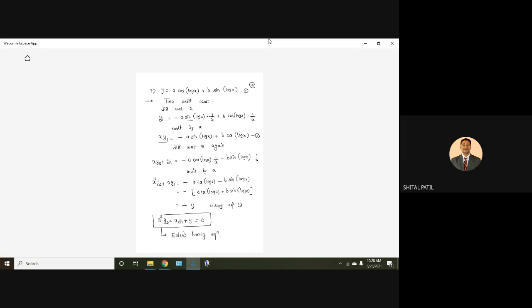Okay, let me continue. So here what we have done, we have removed x from the right hand side. So you mention it at the top, right? Removing x or 1 upon x from right hand side, so that the example is simplified, so that after differentiating twice, on the right side we got the original term y.